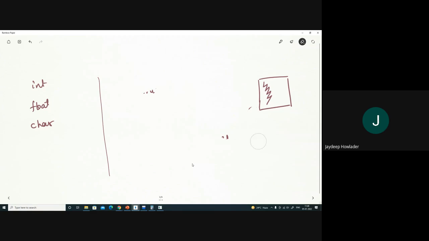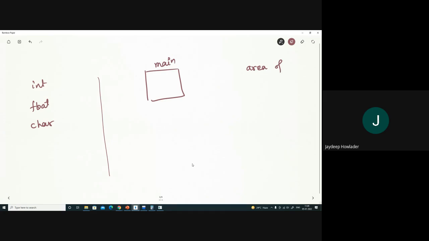But in the C programming language, what is happening? Just take it something like this. Say I have a program which is main here, and this main is asking for the area of a circle multiple times.